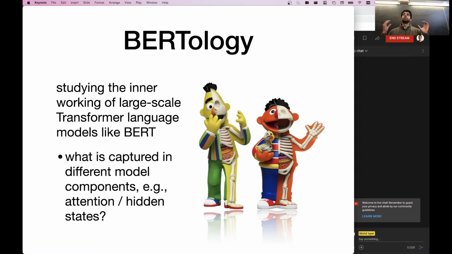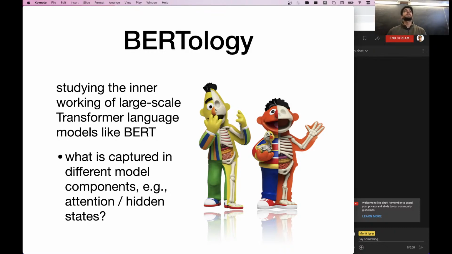And you can go very, very far into the weeds here. You can look at, for example, what the attention head at layer 16, the fourth attention head, is learning. What properties is it sensitive to? What is it not sensitive to? You could look at the hidden states at layer 4 versus layer 24 and see if there are any differences in what kind of information those hidden states are encoding. So to summarize, in this lecture, we will focus on the case where you can access all of the model's